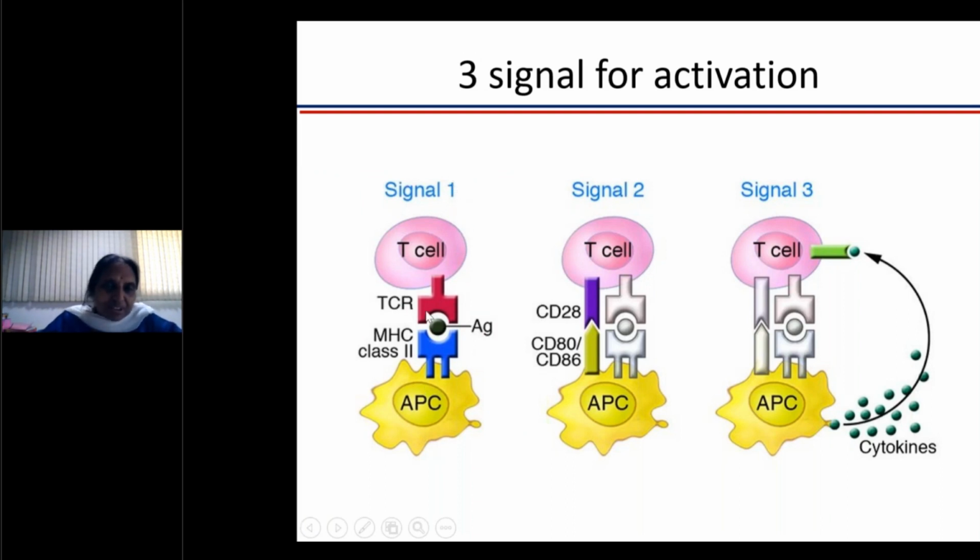So these are the three signals which are required for a good T cell activation. One, the MHC TCR interaction. The second, CD80-86 interaction with CD28 on the T cell. And third are the cytokines. And depending on what cytokine is being produced by the antigen presenting cell, which will also depend on what the microbe is. If it is fungi, it will be different. If it is virus, it will be different. If it is bacteria, it will be different. If it is allergen, it might be different. So that will decide the fate of the T cell. Would it become a Th1, would it become Th2, would it become Th17?